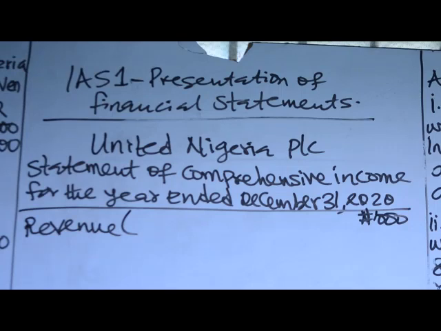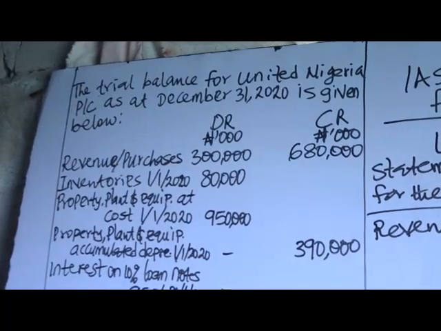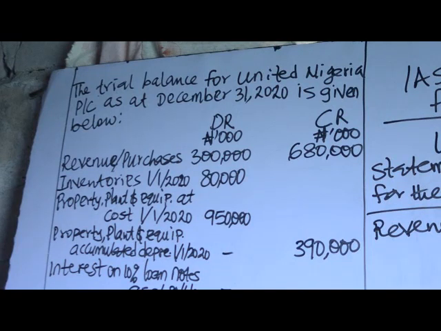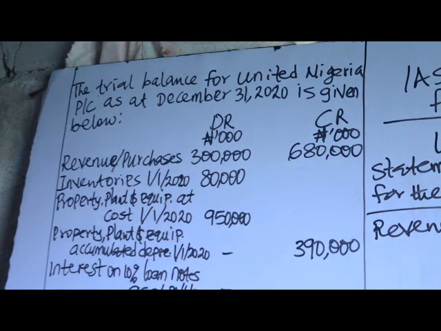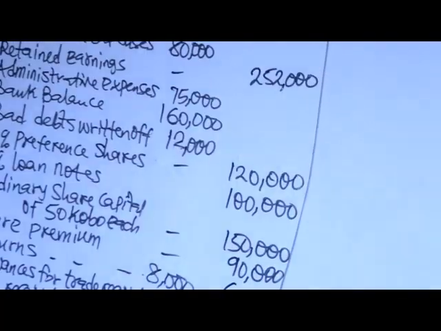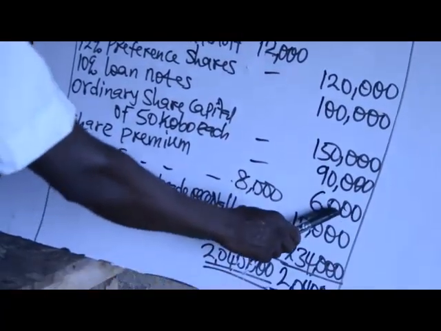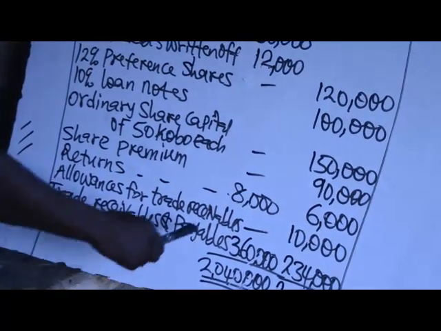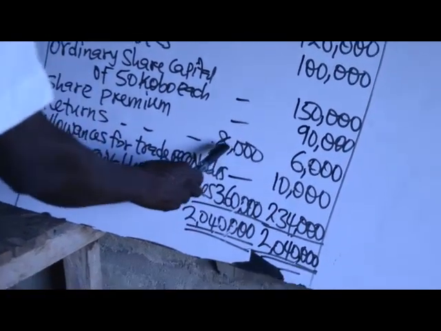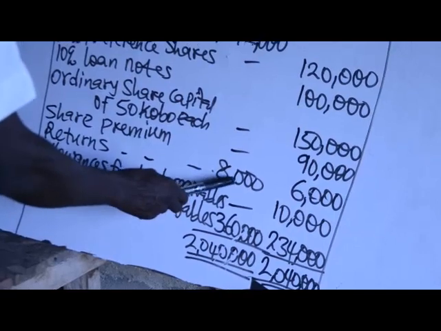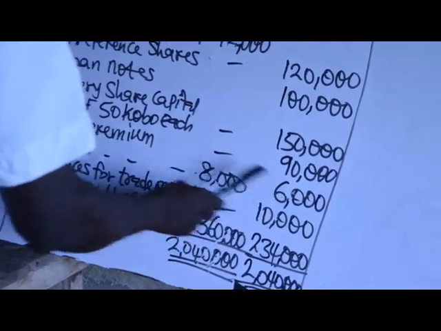Back to the question. In the trial balance, we have revenue stroke purchases. At the debit side, you have 300,000. The 300,000 at the debit side represents the purchases, while 680,000 is the revenue. Then if you also go through the trial balance, you have the returns of 8,000 and 6,000 respectively. The 8,000 represents the returns inward, while the 6,000 represents the returns outward. The returns inward of 8,000 should be subtracted from the revenue, while the returns outward of 6,000 should be subtracted